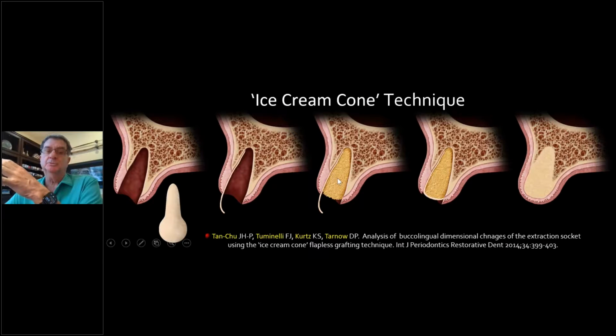So I came up with the ice cream cone technique, where I put the implant, I took a piece of collagen membrane, and you've got to use a thick collagen membrane, one that does not collapse when it gets wet. So it's got to be thick when it gets wet, so it doesn't just collapse on itself. Like BioGuide, you can't use. So you've got to have one that's thick. BioHorizons has one now that's thicker. Use that, shape it like an upside down ice cream cone.